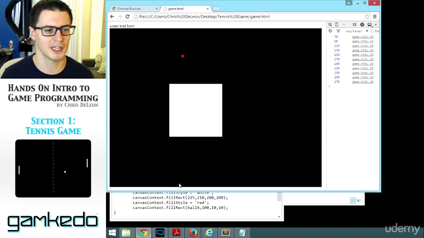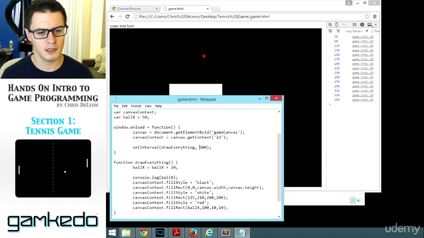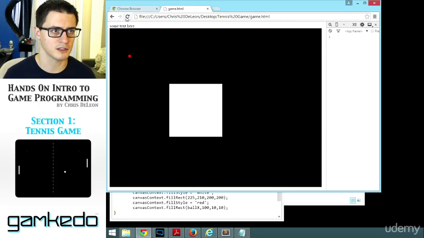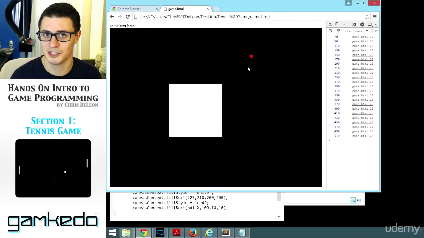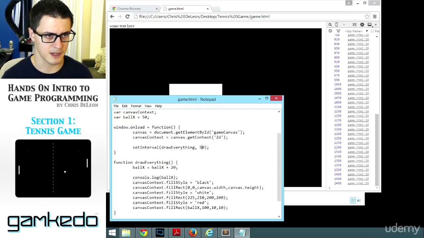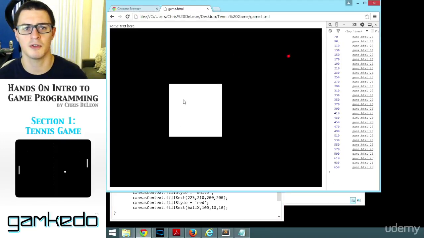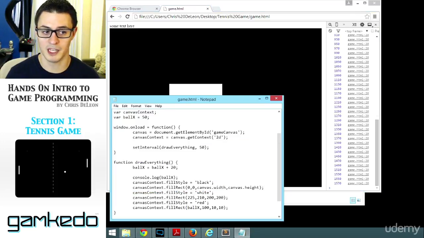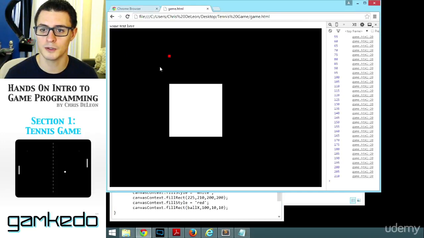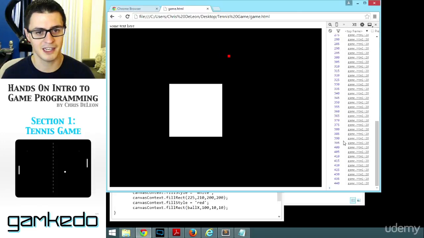I mean, the computer's a better judge of that than I am. Okay, well, what if we change that from 500 to 100, or a tenth of a second? Okay, now we're getting somewhere. That looks much, much faster. We can make this number even smaller. We can make it 50, and just see it zoom off the right side of the screen, right? We could decrease this number smaller than 20, the amount that's increasing it by every time, to like 5. And what we're going to begin seeing is something closer and closer to approximating smooth motion. And again, what you're seeing over here is every 50 milliseconds, it's printing out the new value for where the